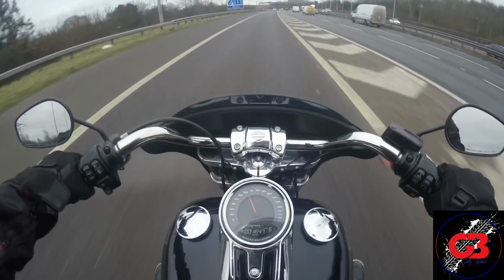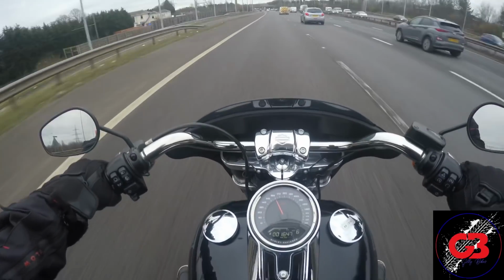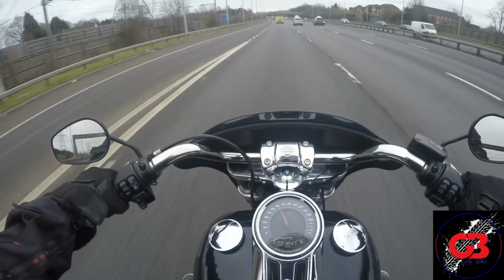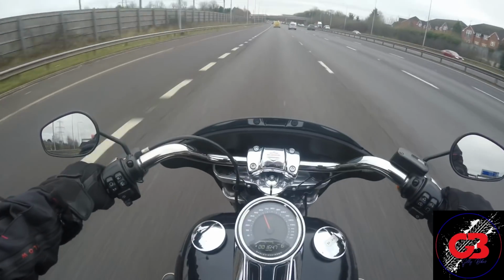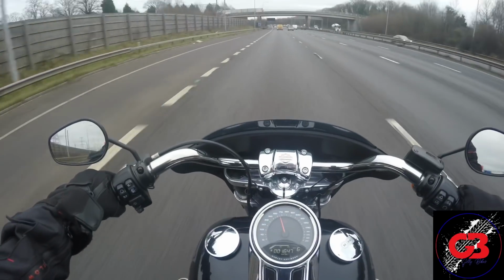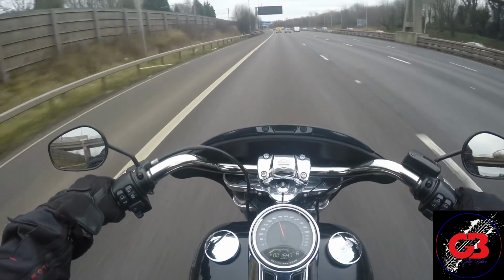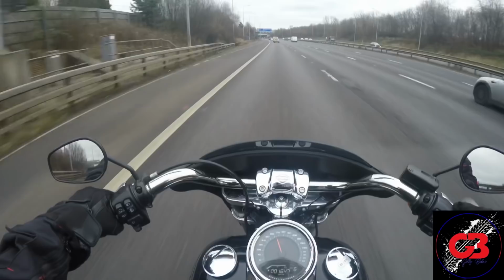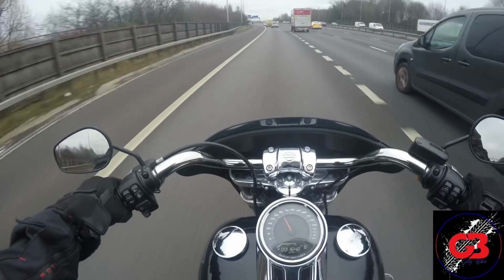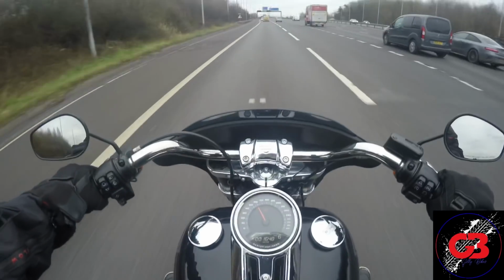Now I'm told that little bit of a fin that you can see in front is doing its best to push the air over the top of my head, but you can still feel a bit of wind hitting the face and your shoulders. But it's not blowing me all over the place, and I'm doing motorway speed, 70 miles an hour, and I am relatively straight in my line, and I'm not going all over the road. What isn't comfortable is being on the motorway in January when it's bloody freezing and you haven't got heated grips